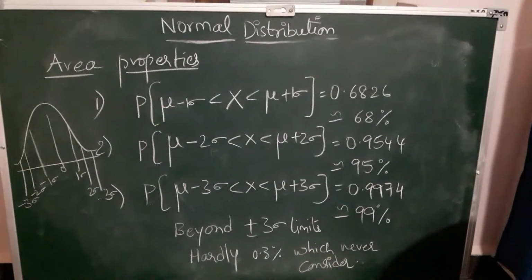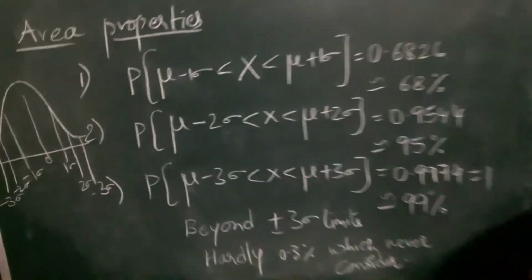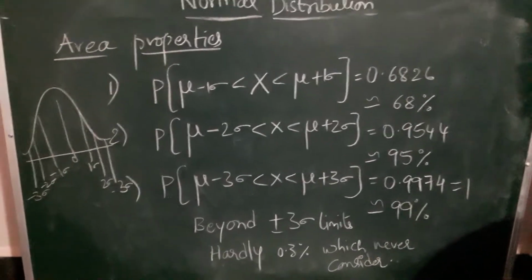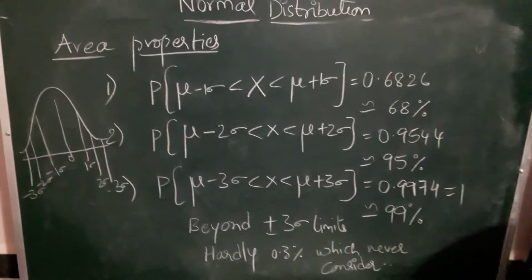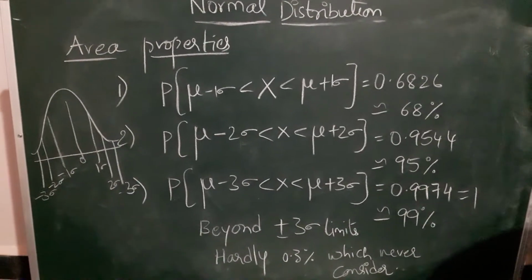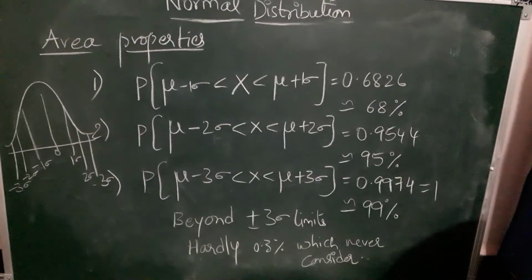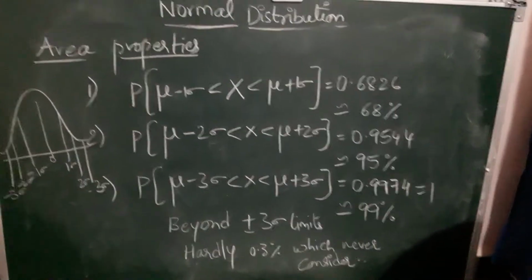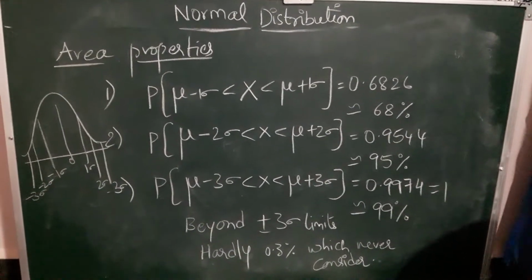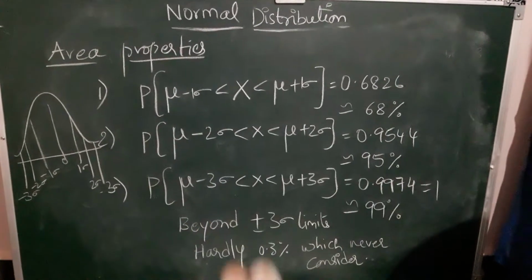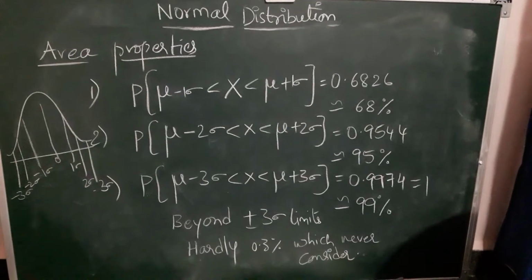In terms of number, if you write, what will it become? This will become 1, right? What is the total area under the normal curve? 1. So that 1 lies between which limits? Plus or minus 3 sigma limits. So remember, these three properties are very important. Even 5 mark problems they may ask. Later I am going to prove all these three properties.